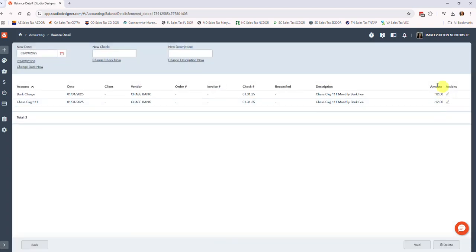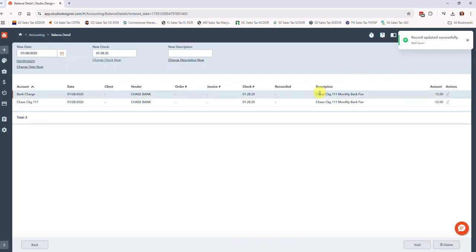We can change the date if I didn't like the date that it was posted to. Okay, I changed it here and I click the change. You have to see that confirmation or it didn't change. Okay, if I wanted to change the check date as well, you can do it like that. You have to have the confirmation. If for some reason I wanted to change the description, I could do the same and